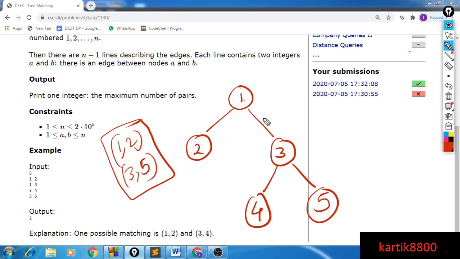So you can try out various possibilities of selecting edges. The algorithm in that way will be 2 to the power n. You can try out all the subsets of edges to be your matching, see if the matching is valid or not, and if it is, see what the size of that matching is, right? But among all the possible matchings in this tree, the size of the largest possible matching is 2. Yeah, so let's get started and think of an efficient algorithm to solve this particular problem.